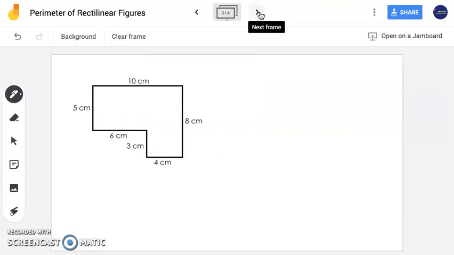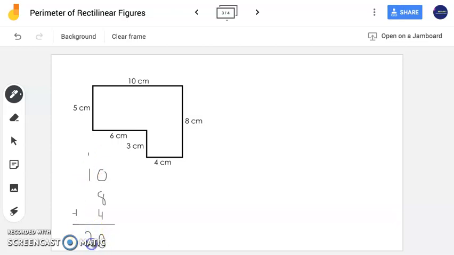Now this next problem here, we also have another rectilinear figure similar to the previous one, just everything's in a little different direction. And as you can see, it consists of rectangles and squares that are put together to form one figure. So what we're going to do first is look at all the sides. I'm looking around this rectilinear figure and I see all the side lengths. And what's great is this is already given to me. So just like the previous problem, I'm going to do only 3 numbers at a time. You can also do 2 and do it in a few steps. That's absolutely fine. But to make my life a little easier, I know that I have 10 plus 8 plus 4. So now when I add this together,